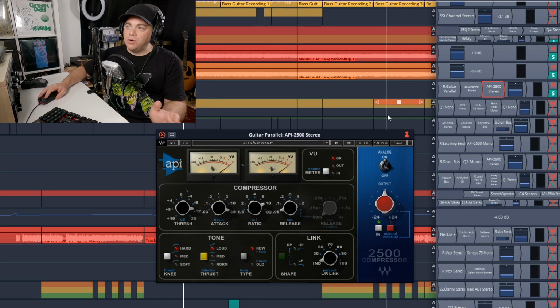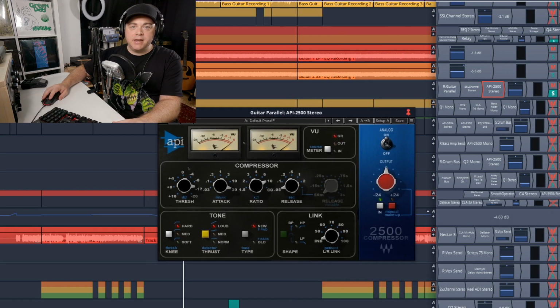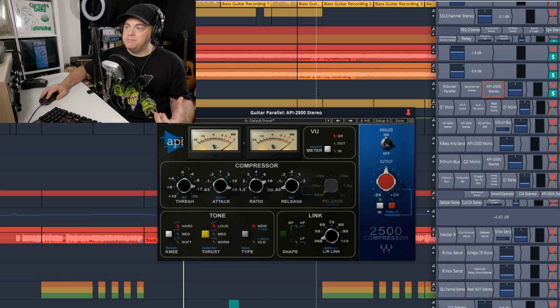Now, let's check out where I'll use this. One place I use it all the time is on a guitar parallel, which helps the guitar to really cut through in the mix. And this is a trick that I learned from David Nazi over on his channel, Mixbus TV. If you don't follow his channel, definitely do. He has some great videos over there, and he's actually a lot of fun to watch as well. He just tells it like it is.